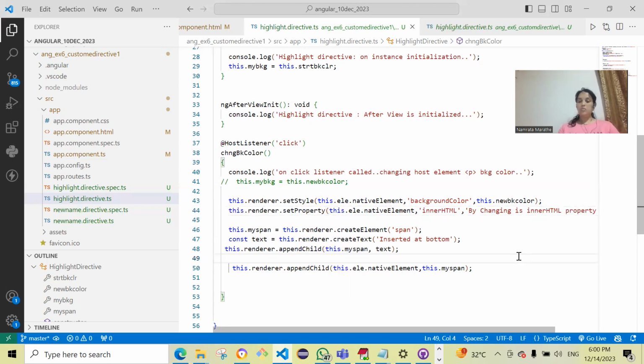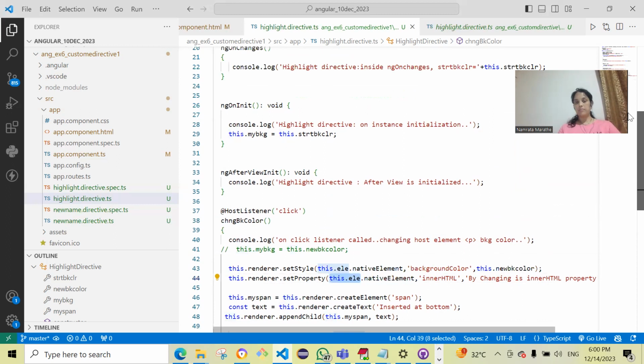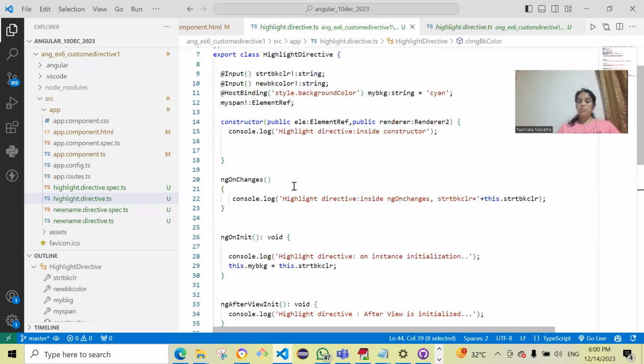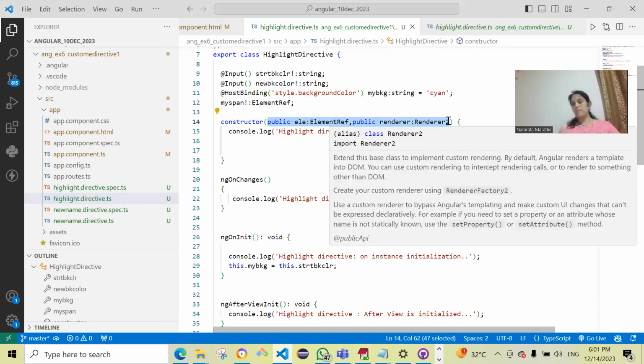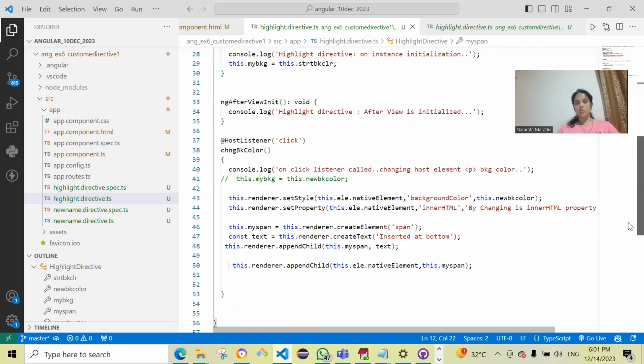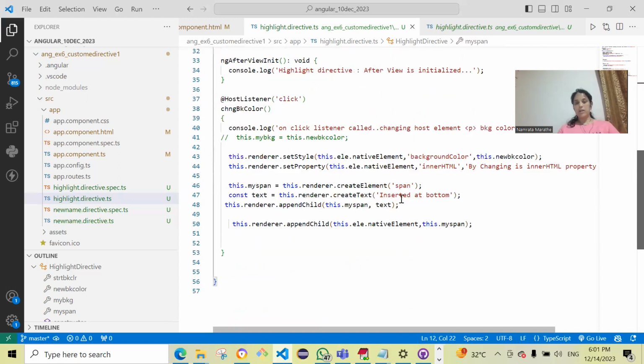So that is why you will use this renderer and the native element, the wrapper of the native element, the wrapper of the host element is this dot element which is of type ElementRef, this one. So you decide if you want to use HostBinding and HostListener annotation, or you want to do all the manipulation using ElementRef and Renderer. It is up to you. Both ways I have told you. Okay. So that's it. I have manipulated the DOM by changing the property of the host element,